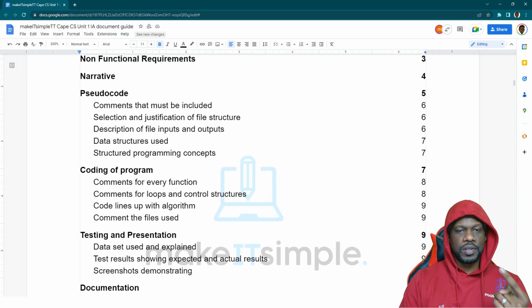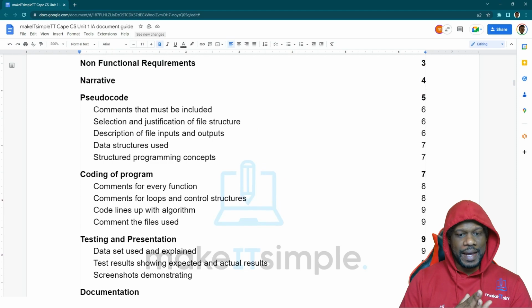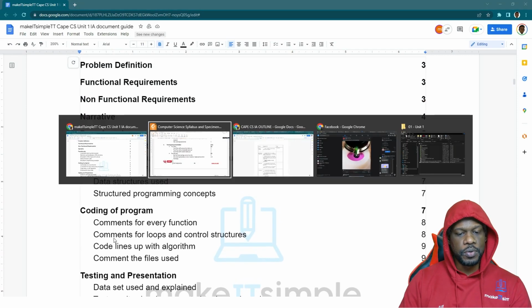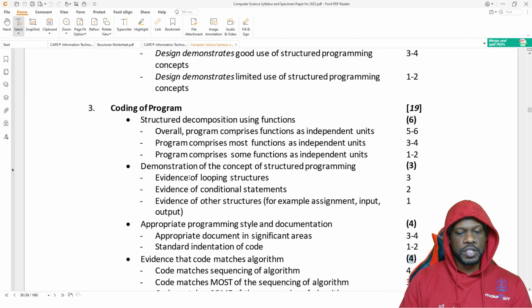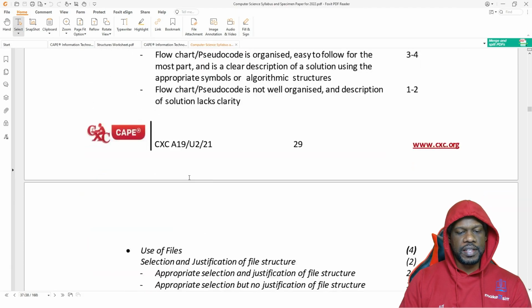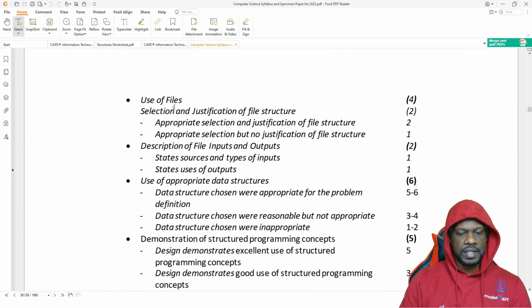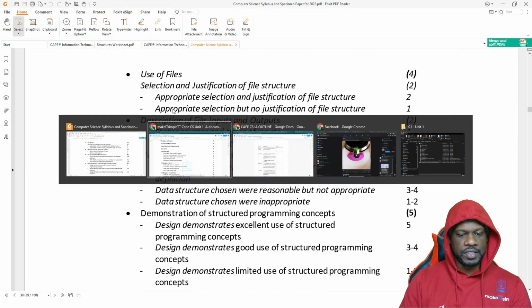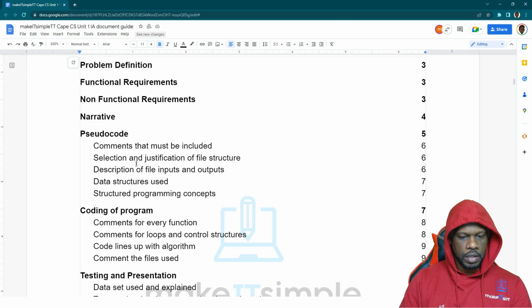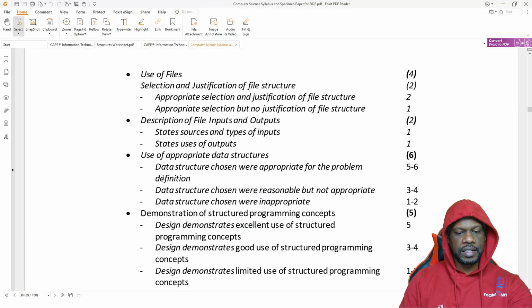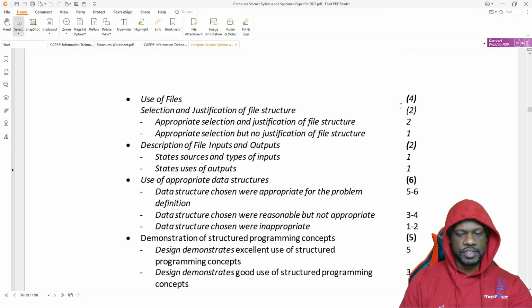The reason why I make sure that I put them as heading 2 is so that when the examiner is going through this mark scheme, they want to be able to say, okay, do I see evidence of use of files? Yes, they put an actual place inside the document that says use of files, which is what I have here. Selection and justification of file structure, description of file inputs and outputs, data structures used, structured programming concepts. All of that, these are the things they're looking for, and you can clearly see use of files, 4 marks, description of file input output, 2 marks, use of appropriate data structures, 6 marks, demonstration of structured programming concepts,